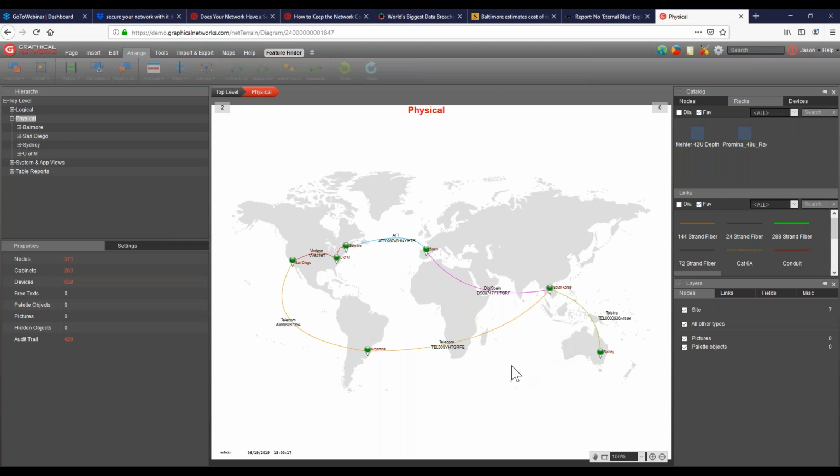What do we do or allow you to do to help you document your network and give you more information about where you are and what you have? For us, we're a documentation tool first and foremost. We're a visual documentation tool where you can build a hierarchy of data. The data you collect and capture is really up to you. Our tool called netTerrain, you can do physical drawings, logical, inside plan, outside plan, et cetera.